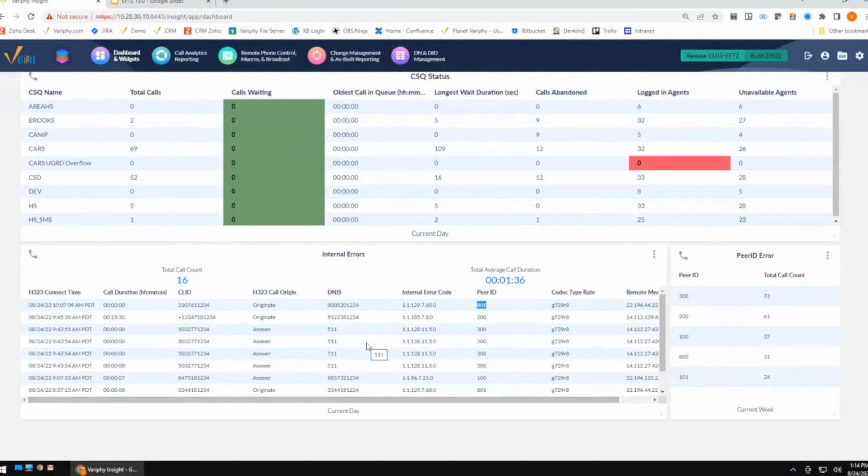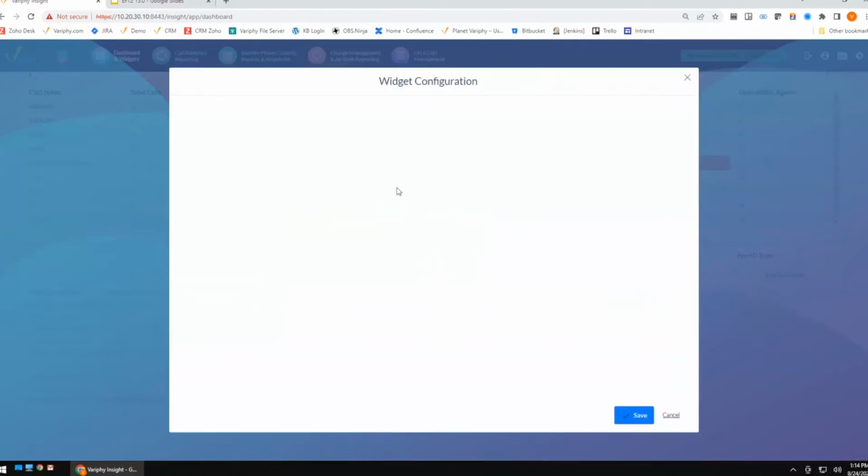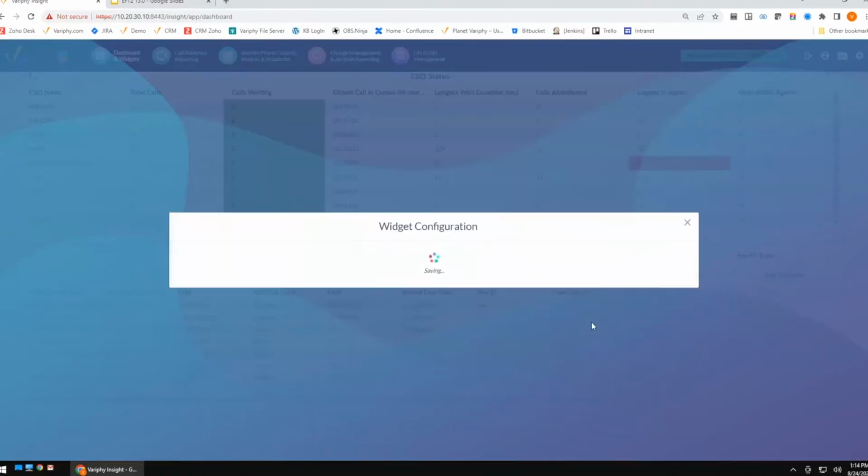Another great way to use this, you'll notice that this little guy over here is just looking at the peer IDs where I'm receiving my internal errors. So what you can see here is 300, 200. These are the peer IDs where the internal errors are taking place. But one thing you're going to notice, I'm going to switch this guy back over here, is when we're using sequence-based reporting and we're using grouping or the summary values, we're going to show the peer IDs for the sequence.